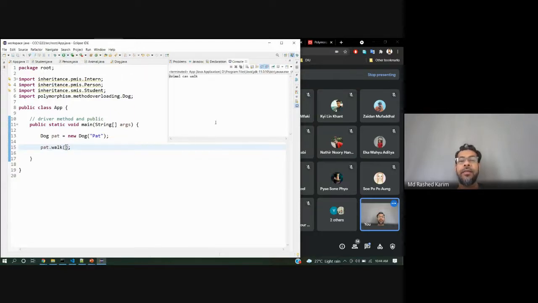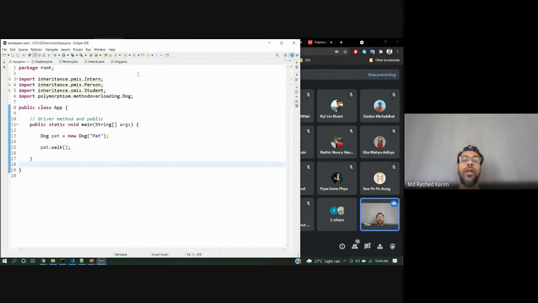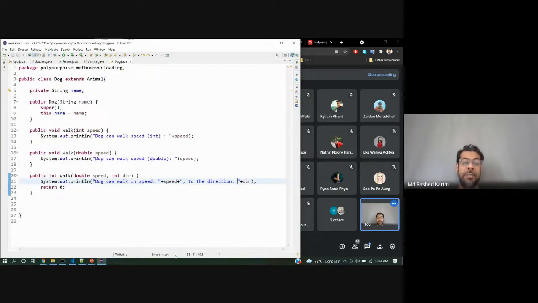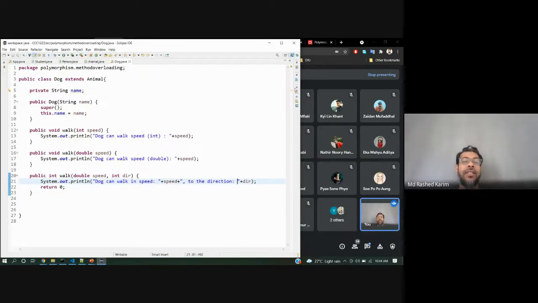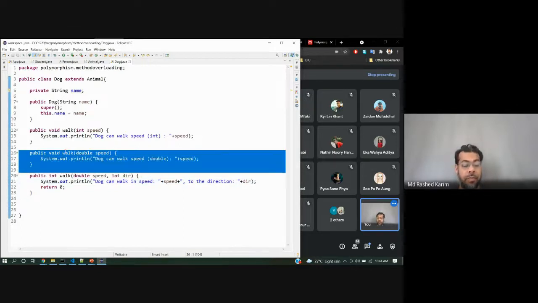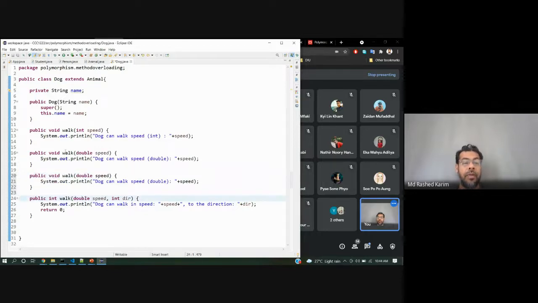You see, animal can walk. So what you need to do now is method overloading. Can you try double and float, sir? Okay, float is what I'm giving here.